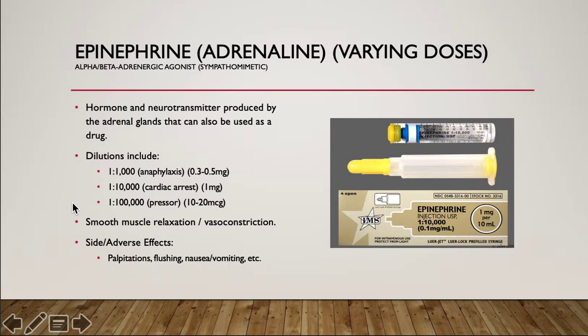It has wider applicability involving smooth muscle relaxation as well. There's your beta 2 receptors and vasoconstriction, right? So your beta 1, you think about beta 1 versus beta 2. Beta 1, there's one heart. Beta 2, there's two lungs. There's a quick word association for you. Anyway, so epinephrine causes an adrenergic receptor mechanism on effector cells, and it kind of mimics all the actions of that sympathetic nervous system. So